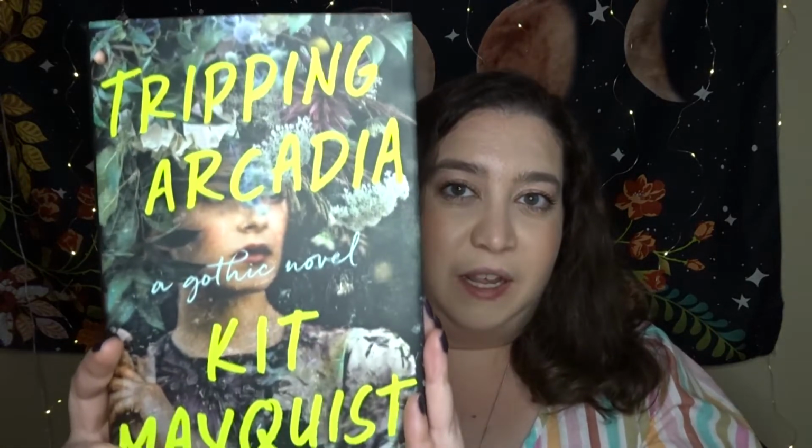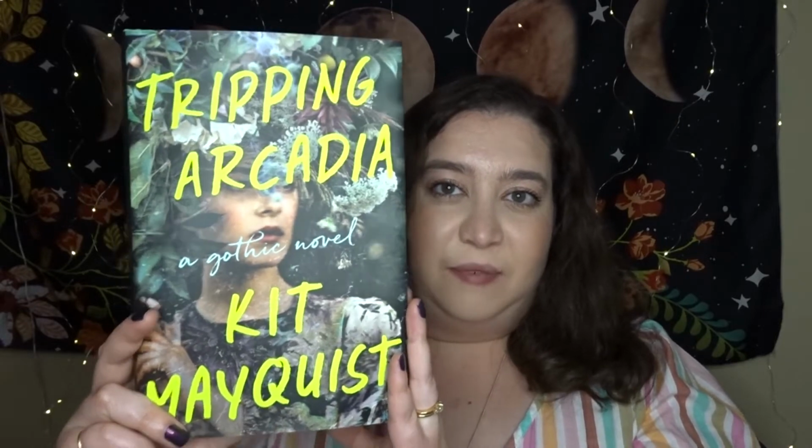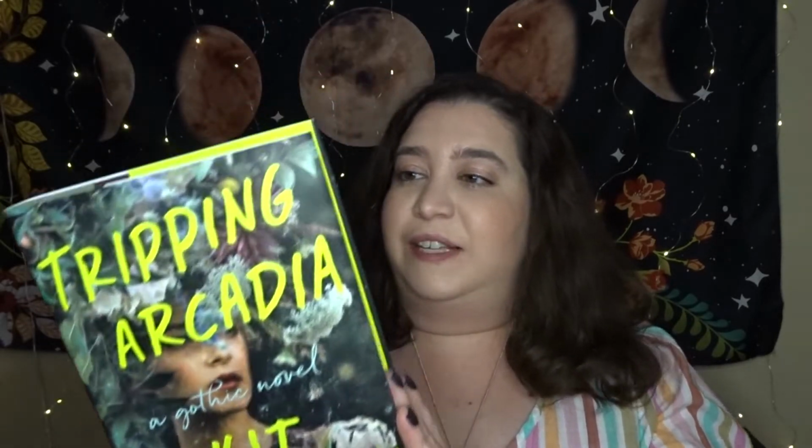And then I also picked up Trippy Arcadia by Kit Mayquest, and can we just take a moment and enjoy this cover, because holy moly, the color scheme, the art, it's gorgeous and I love it. It says a gothic novel, and basically that's all that you need to know about this. It is a gothic novel, so of course there's going to be a house and an unsettling family and creepy things happening. We follow a young woman, she's a med school dropout, and she's desperate for a job,